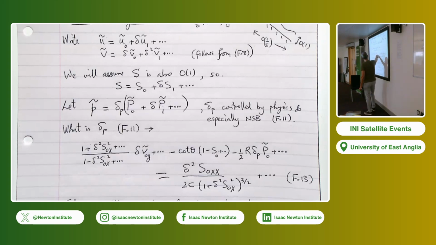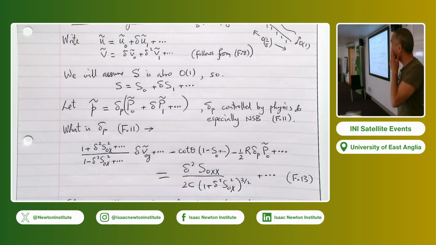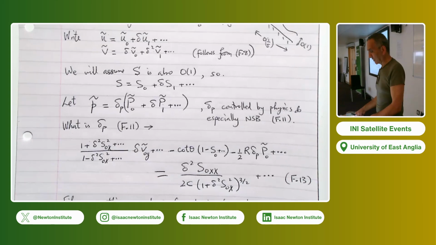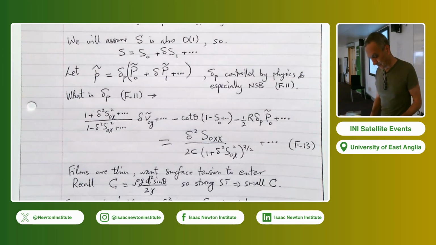Now, the pressure, I don't know what it is. I'm just going to call it delta P, some delta P, I don't know what the value is, times P0 tilde, and then of course the expansion in delta proceeds in the usual way. So delta P is to be found, and it will be controlled by the physics, as we will see. Okay, so how do I determine delta P? The way I can determine it is to go to the normal stress balance, which is